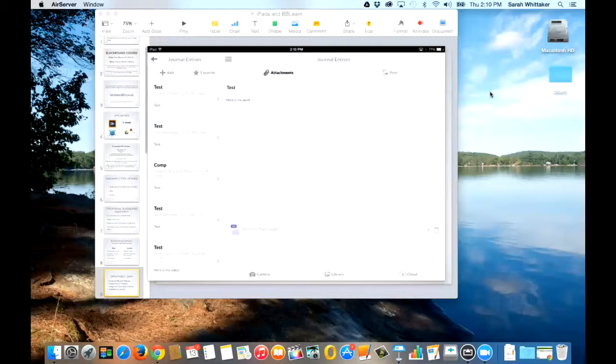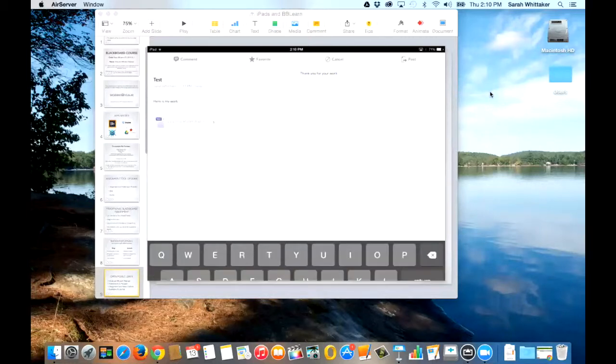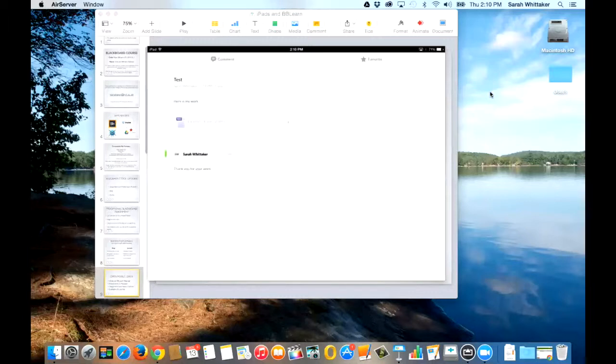Now, once I have it uploaded, I can tap post. Okay, and it will only take less than a minute and it will get posted. Now, once it's posted, both the teacher and the student can communicate with each other. You basically just tap on comment, and as a teacher, I say, thank you for your work, or I can tell them, please check this again, or please submit again. Or if it's a first draft, second draft, I can put my comments there for the student to review before